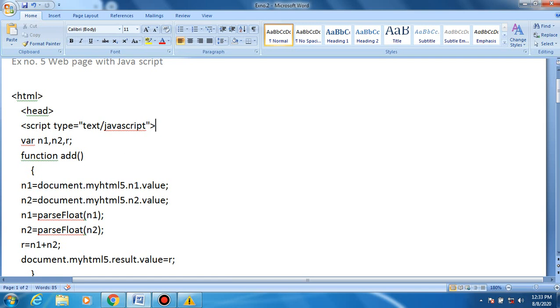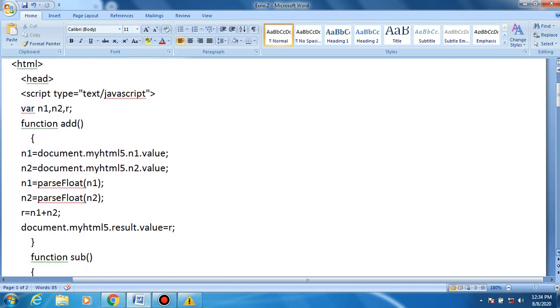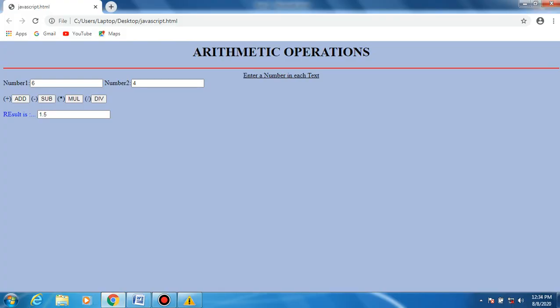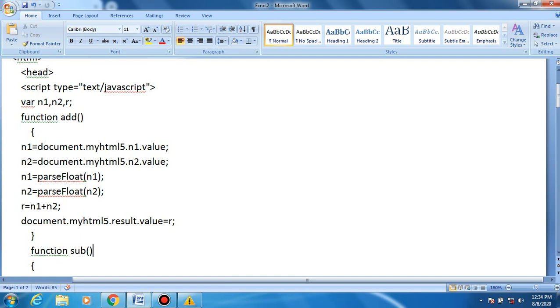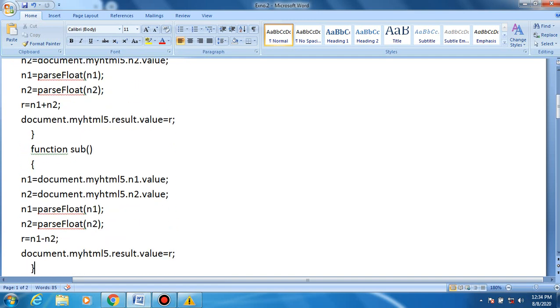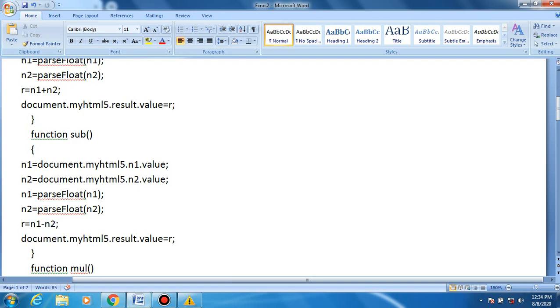This is the function for add. This add function begins here and ends here, right? Similarly, the subtraction function is used to subtract one number from the other. The subtraction function goes from this opening brace to the closing brace, right?